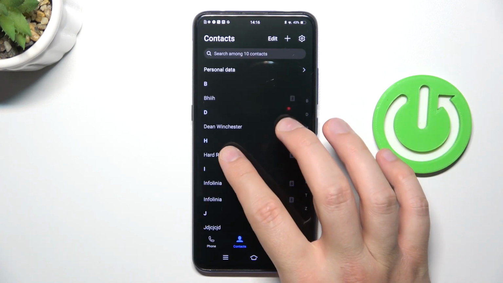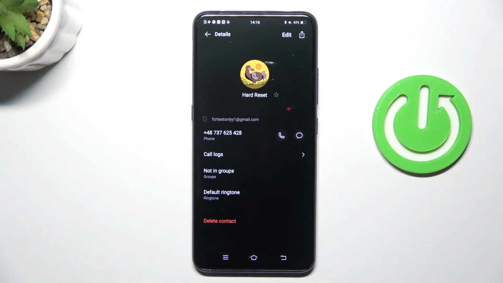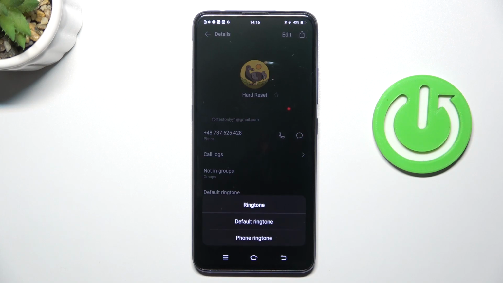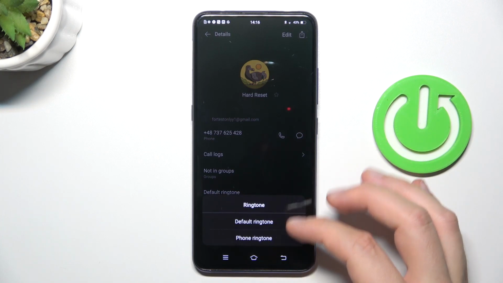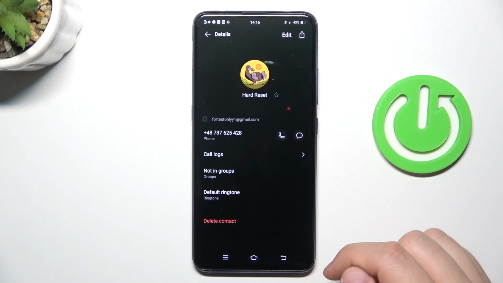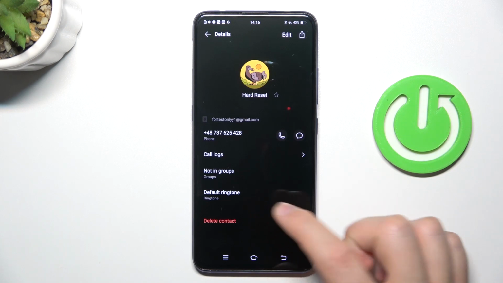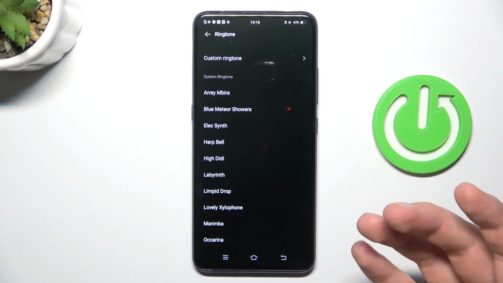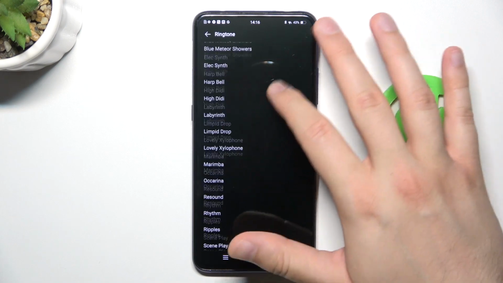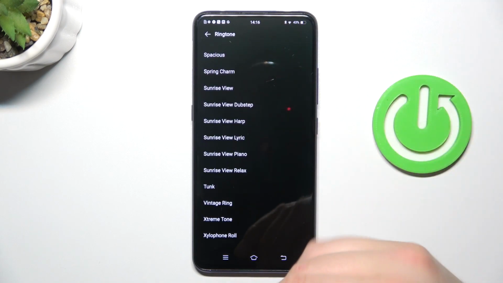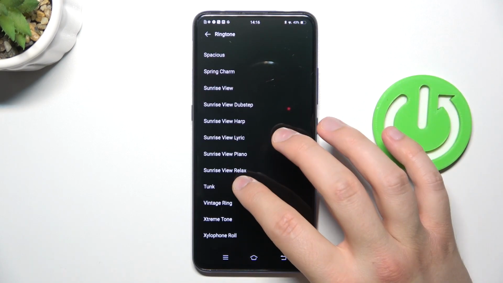Right now we can change this ringtone for this one, for the hard reset. So here we have to click on the default ringtone, and as you can see, we can choose between the default ringtones that we have on the phone or simply the phone ringtones. So yeah, that's the list of all phone ringtones that we have. For example, we can pick tongue,